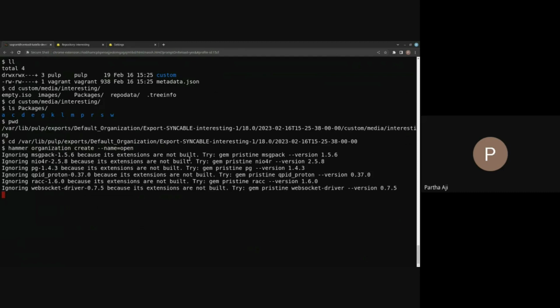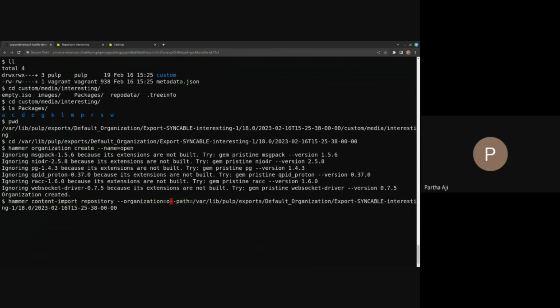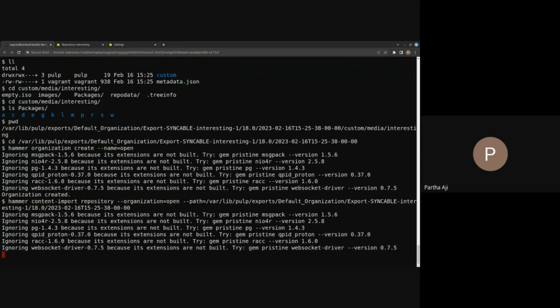So the idea is you're going to copy this elsewhere and then import it, right? I just created an org. So if you did hammer content import, you give it the repository, the path. Here's the path. And we have to give it the organization name, organization equals open. So this command, the hammer content import, will try to create the same repository there,